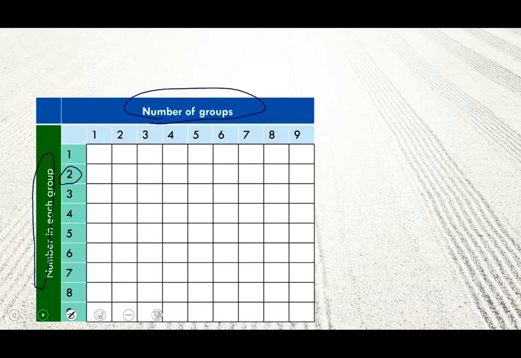Well, 2 groups of 2 is a little bit tricky, because what is 2 plus 2? 2 plus 2 is 4. What is 2 times 2? 2 times 2 is also 4. So it might not be a good idea to start with that. This is a very special situation where addition and multiplication have the same answer. So if you want to start with 2s, maybe start with 3 groups of 2,